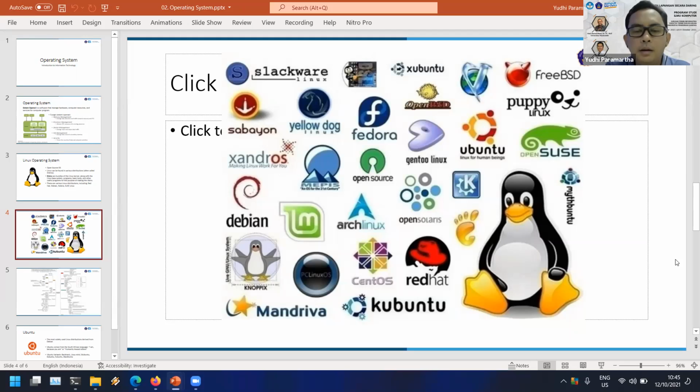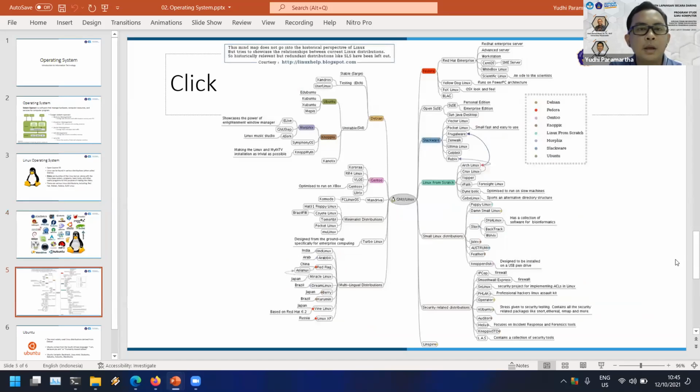And there are many other distributions that you might have to try one by one. I think some of you are already installing some distributions, and that's good. This is one tree of the Linux distributions.